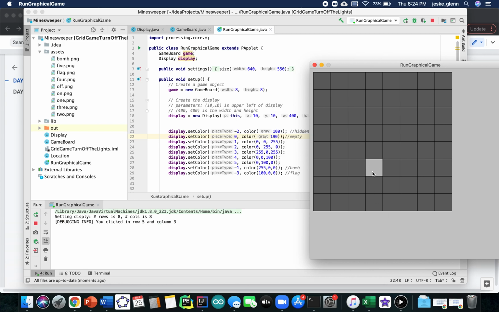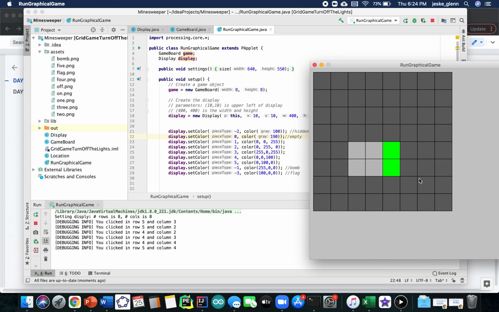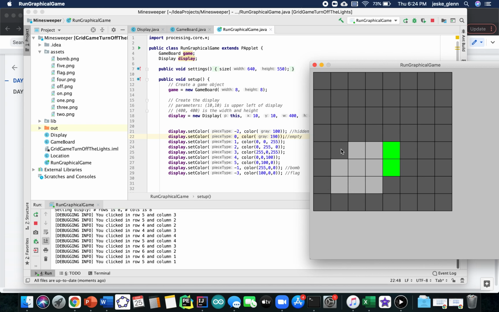So when I click, if I get a gray square, that means nothing is happening in any of those. So I'm playing a very boring version right now. Green represents a 2 in my game. So what that means is that there's 2 locations around there that are bombs. Blue means just 1. So I'm going to keep clicking around, and as you start to see this game come together, it's a little bit tricky because 1s and 2s looking like greens and blues isn't ideally what we want,